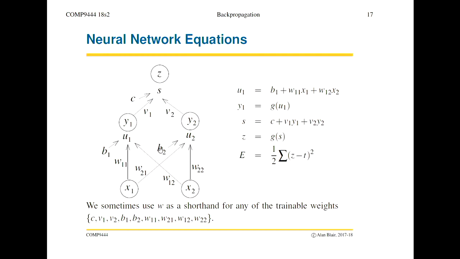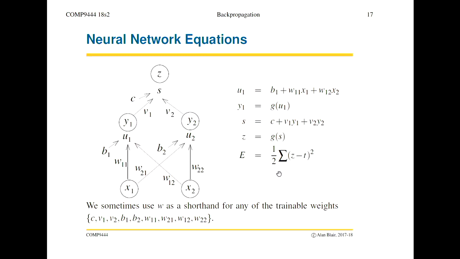Then for that input, we want Z to be as close as possible to 0, right? So if the output is 0, then the Z minus T will be 0. If the output is 1, then the Z minus T will be 1. So this error function, if the output is just 0 or 1, is simply counting how many training items we're classifying correctly or incorrectly.